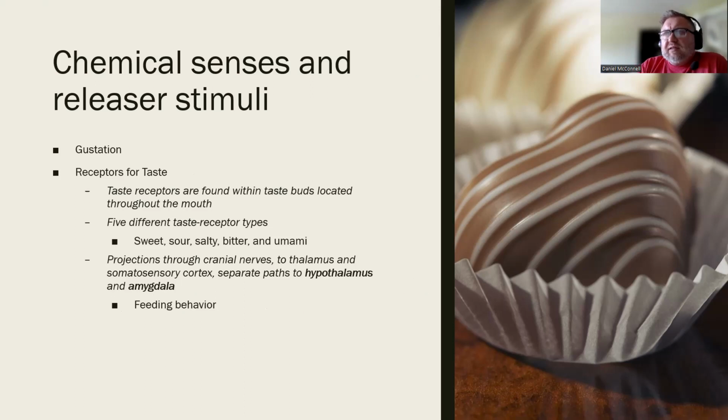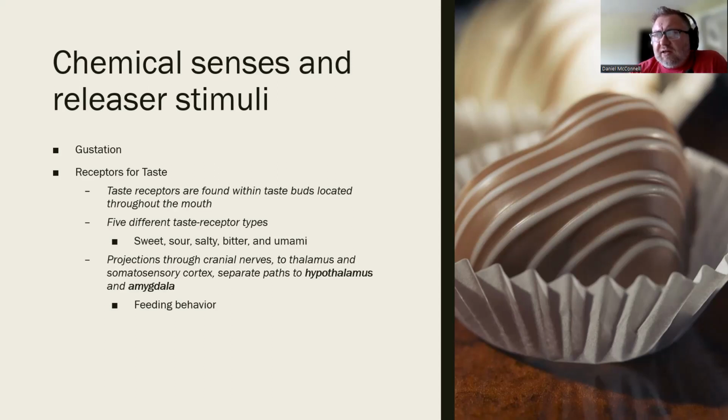Taste, something similar could happen here. So we could talk about eating behaviors being triggered by the activation of receptors in the taste buds. So here, this is gustation, right? So we know that, as I mentioned, the receptors for smell are chemoreceptors, chemical receptors. And in this case, the same is true for the taste buds on the tongue.